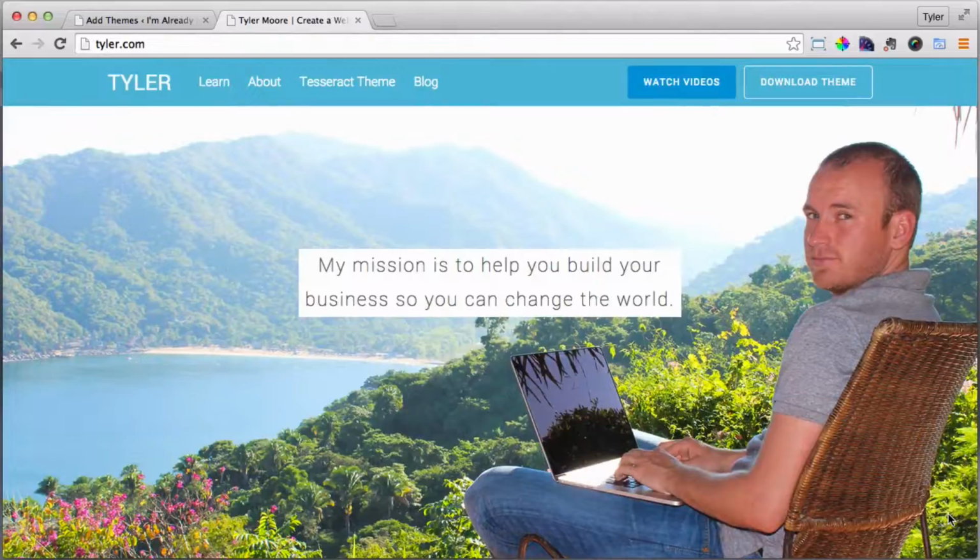It has an unlimited amount of colors, works on all computers, tablets, and cell phones, and I am so proud of it. It's called Tesseract. And to download it, simply go to the Tesseract theme page, or underneath this YouTube video in the description, there's a link, or you can simply click on the download theme button in the top right. So go ahead and click on it